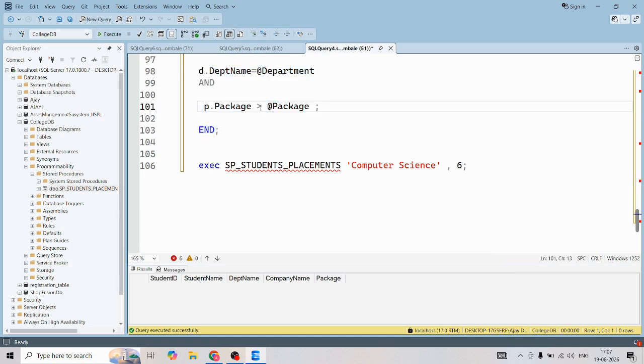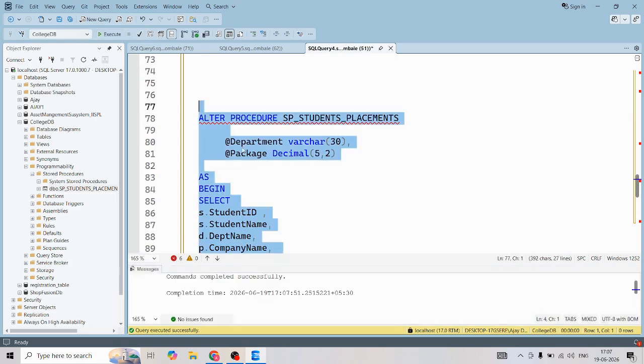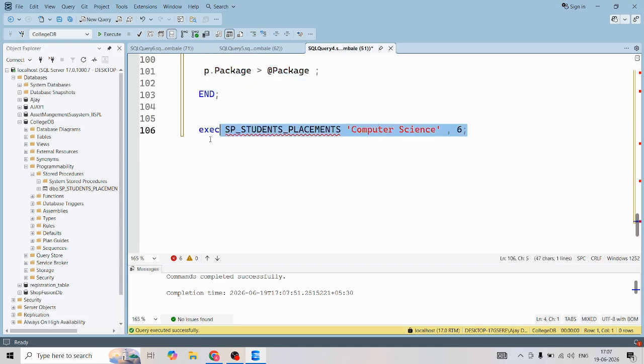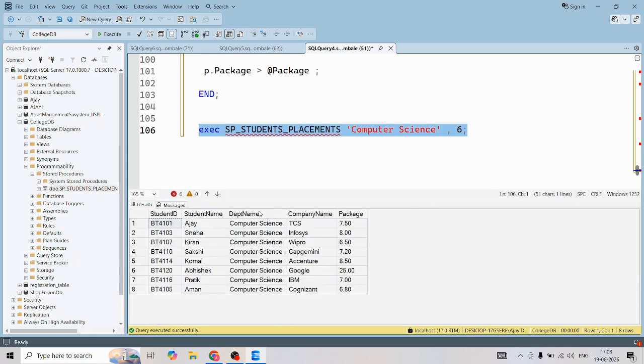I had assigned it equals to, meaning for example it will find the department and the students having a package exactly equal to 6. For now we just have to see those which are greater. So now the stored procedure is updated, and now it will show the records which have packages greater than 6. Suppose I execute this, we will see the command ran successfully, and I will run this stored procedure with parameters. So now you can see in the records we have got only the computer science students which have a package